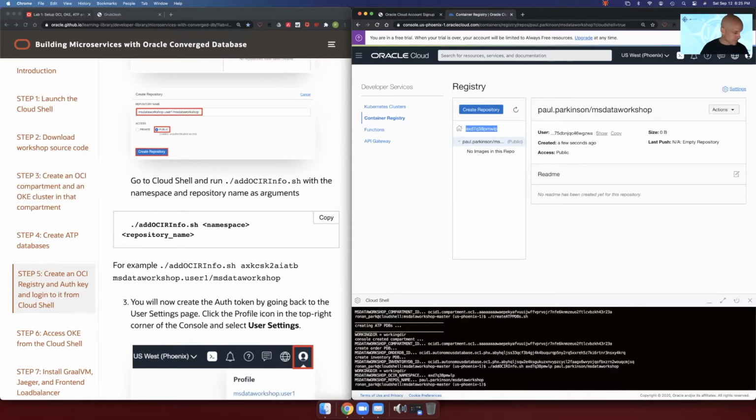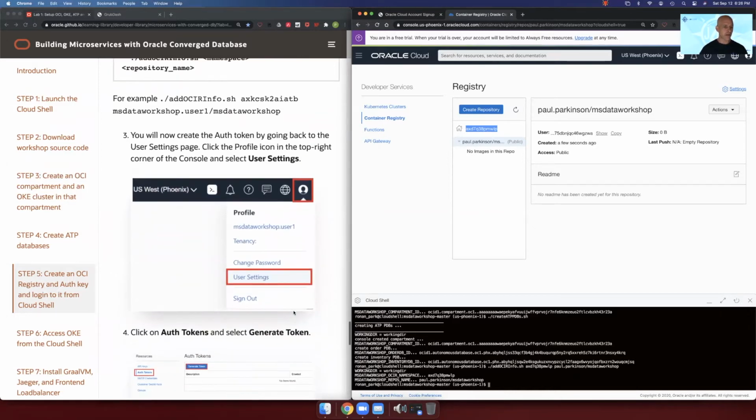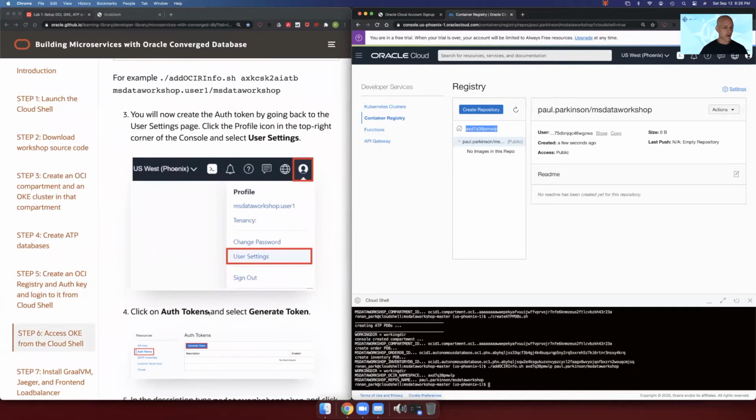And all of these script commands were saving the values into file, and so they're nice and preserved. They're saved into this working directory, as you can see here. And so it's nice we can preserve it, and we're going to use it later when we're building the microservices, et cetera. So now we'll go ahead and create auth tokens. And this will allow us to access the OCI repository to push our Docker images for our microservices and pull them, et cetera. So let's go ahead and